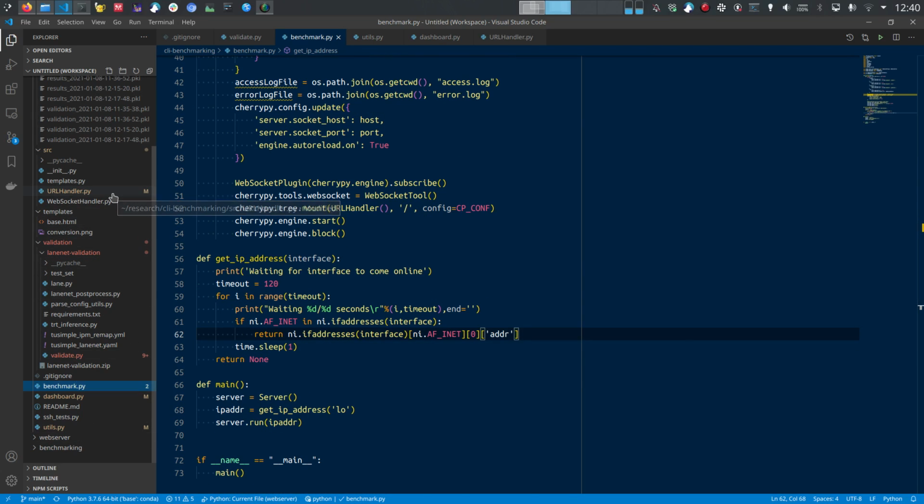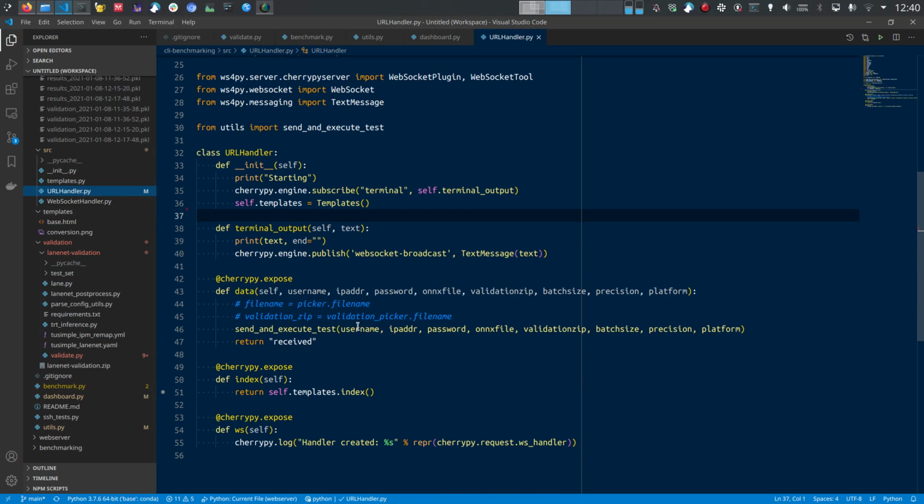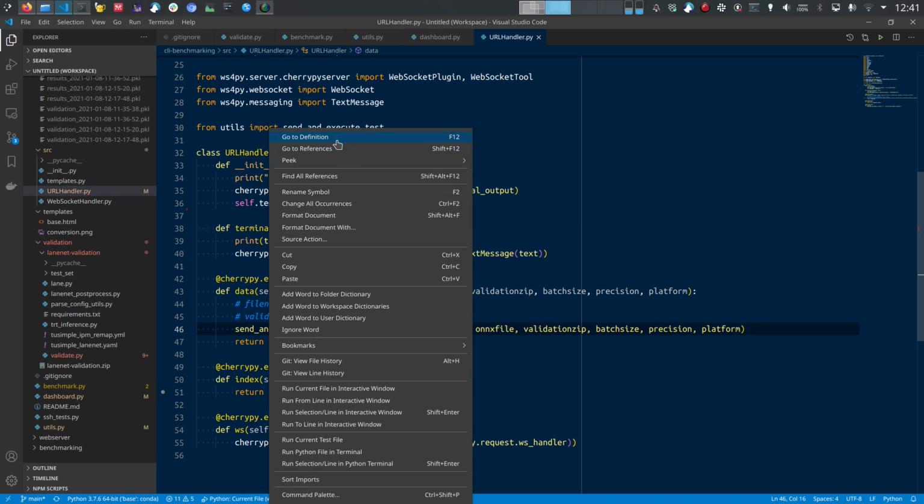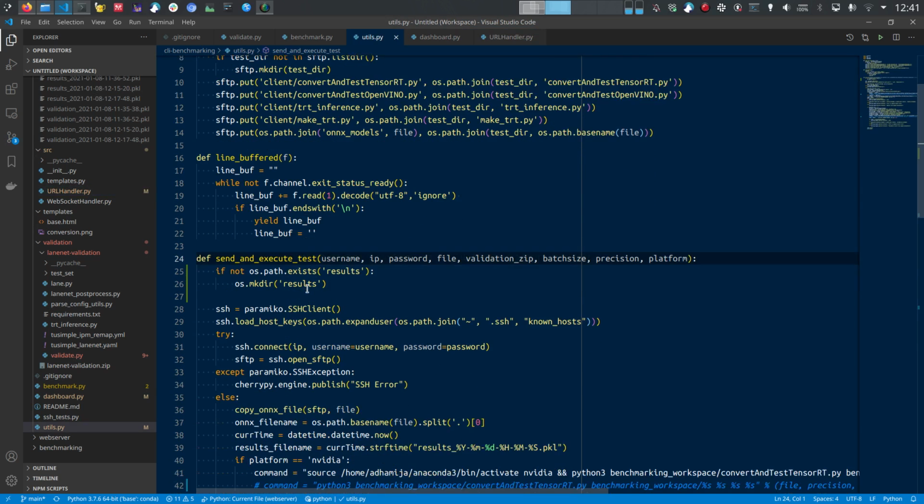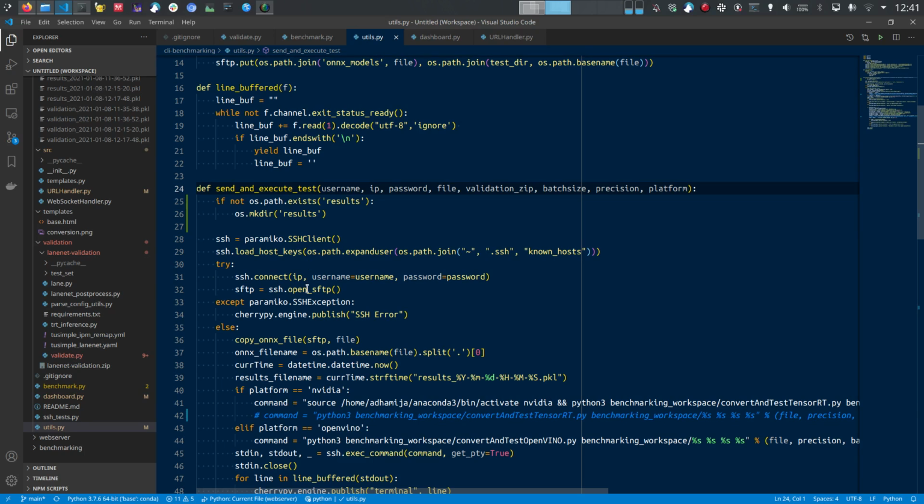So from there we go to URL handler, which is actually just exposing the endpoints which are required, and the main thing which you should look at is the data endpoint, which takes all the details required and then sends these details to send and execute test. So in send and execute test, we